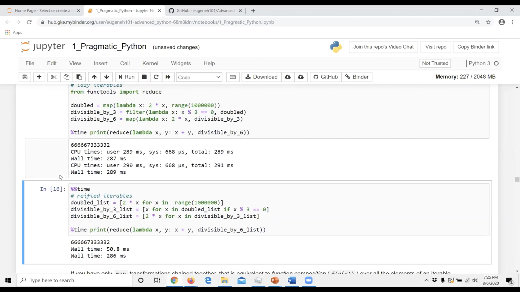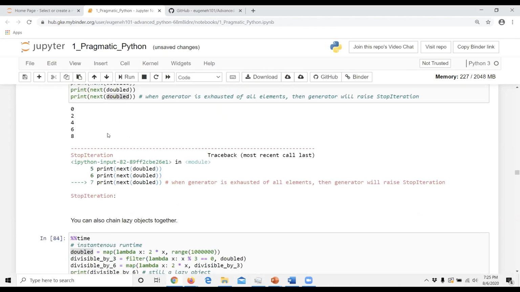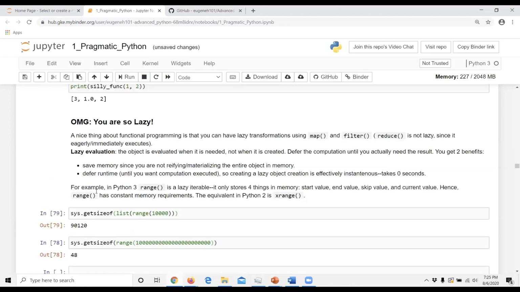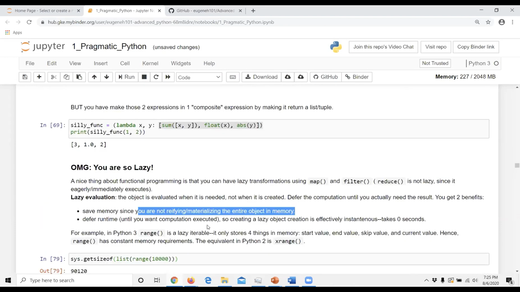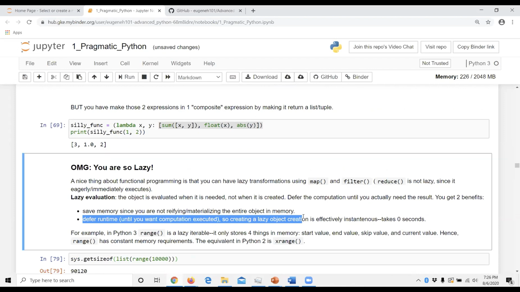So let's go to the second point of what lazy operations do. The second one of lazy evaluation is to defer runtime. So you save runtime, and that's also useful if you never intend to consume the full list. For example, if you have a list of 1,000,000 objects, but the function returns before you get to the 1,000,000th element, right? You only go halfway through. You only consume half that list.